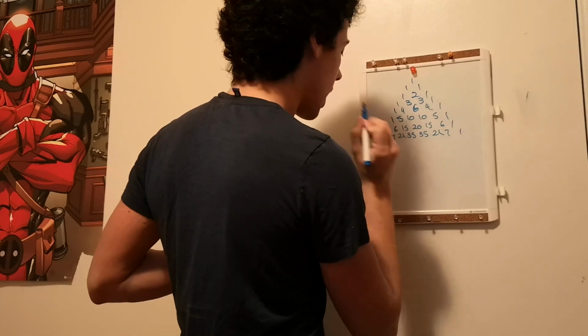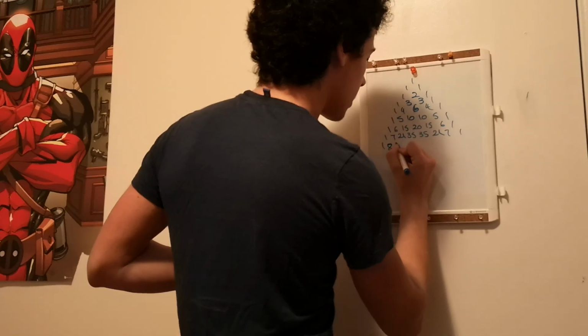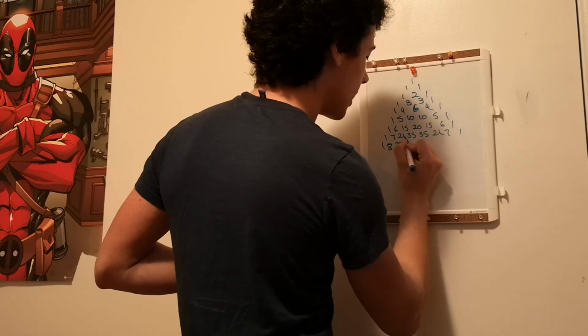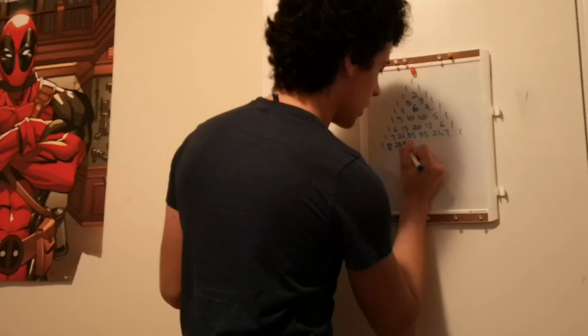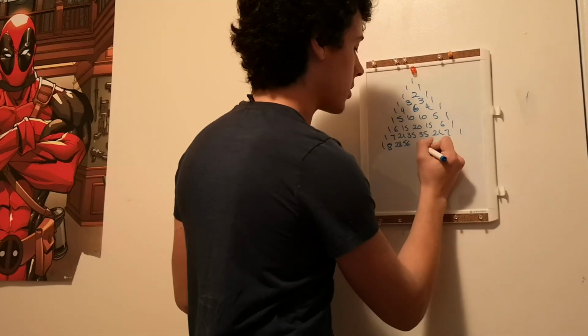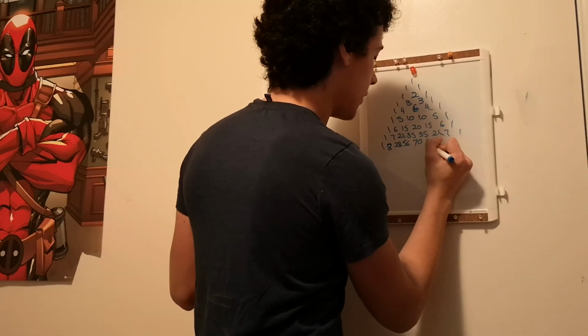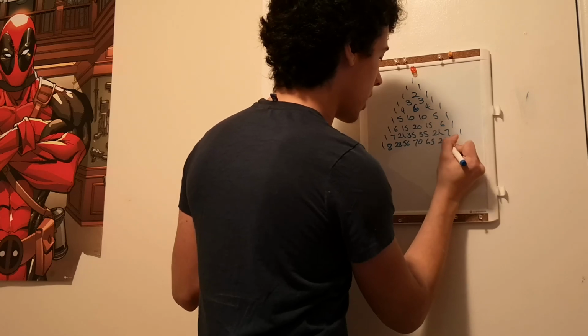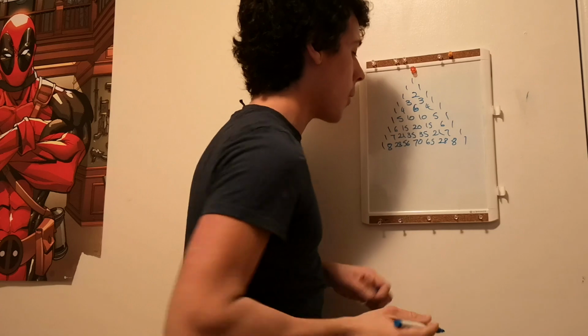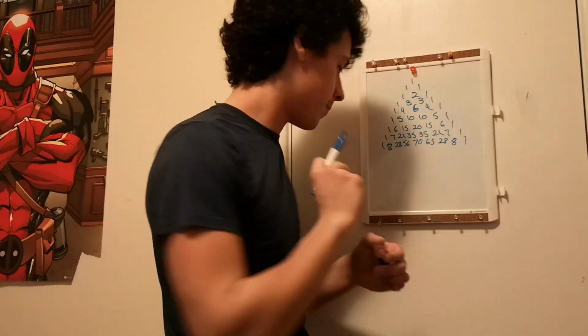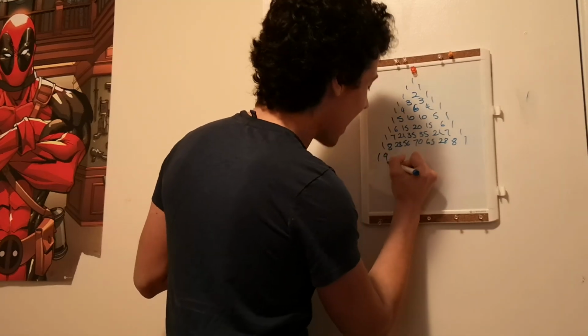1, 8, 28, 21 plus 35, what is it? 56. 35 plus 35 is 70. 56, 28, and 8, and 1. And you know what? I'm going to go for one more. Why not? 1, 9,